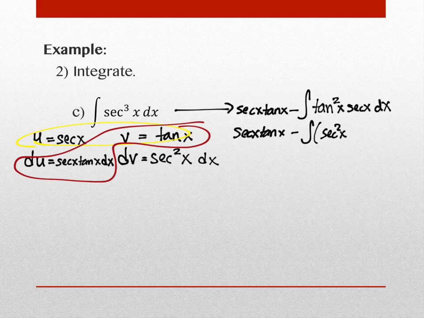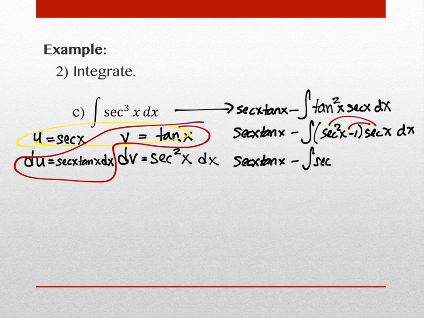Secant squared of x minus 1, and I have my secant of x dx. We're going to distribute this. Okay? I know it sort of feels like we're not making any progress. We will. If I distribute this, I have the integral of secant cubed of x